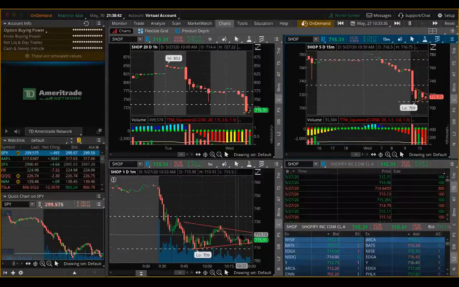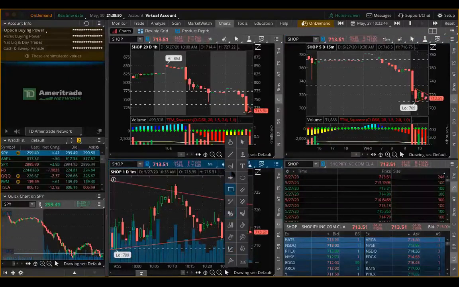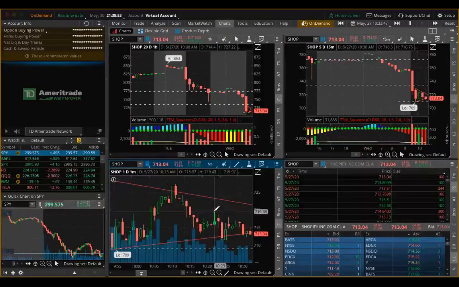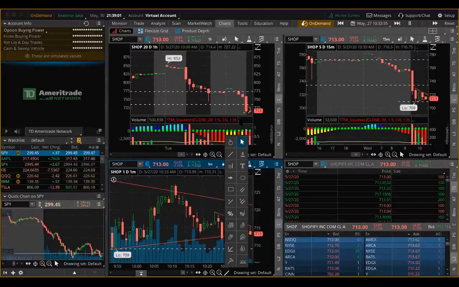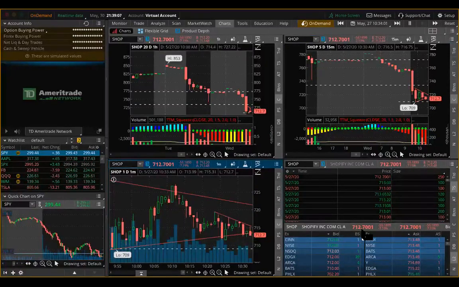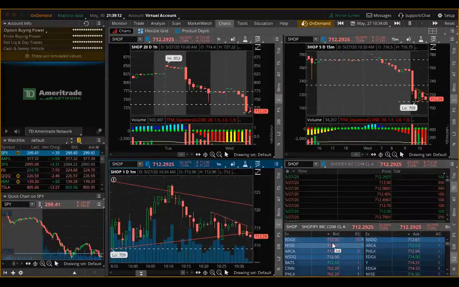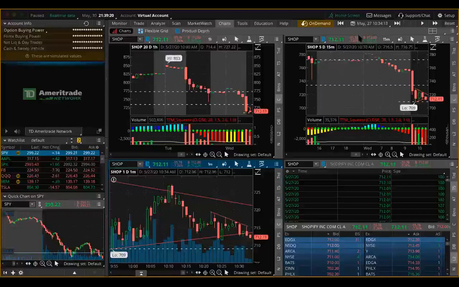So just follow with me. I see right here, what's this building right here? Let me zoom in. It's building a trend line, right? A trend line of resistance. Look at that. This is literally how I trade, guys. All right, we have 712 up, 712.70. So in order for this to keep going up, we need this to be above this. You guys see that? You guys following along? Let me pause this real quick, just to make sure.